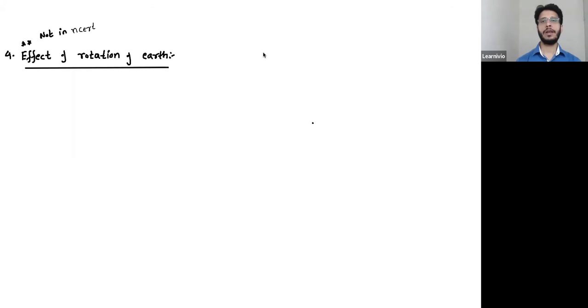See, while calculating the expression of acceleration due to gravity, which is GM by R square, we have considered that Earth is at rest. But actually, Earth is not at rest, it's rotating about its axis. So, due to rotation of Earth, there is one force which is acting on the body, and that force is